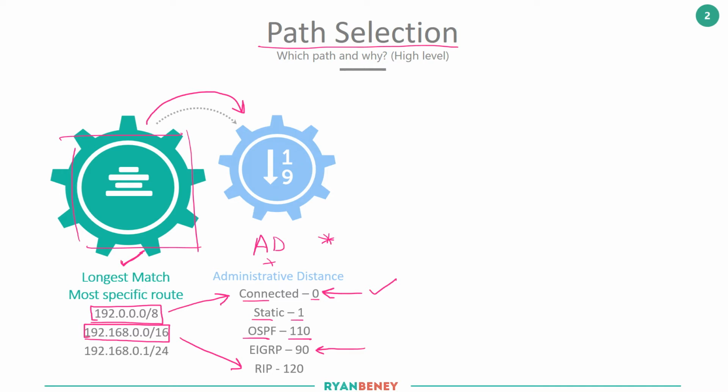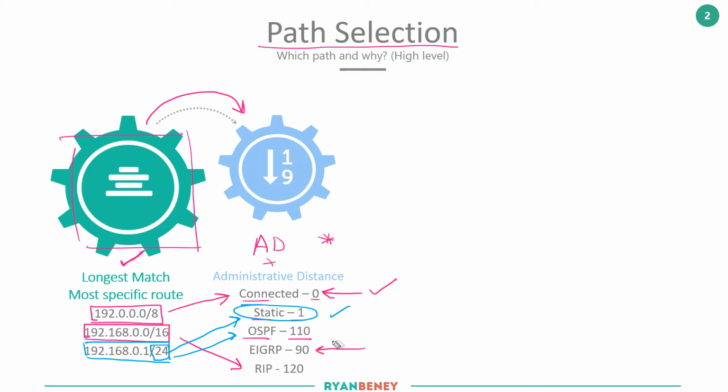Only if we had a case where we learned two routes that are the same, i.e. 192.168.0.0/24, would we then compare the source of where we learned that information